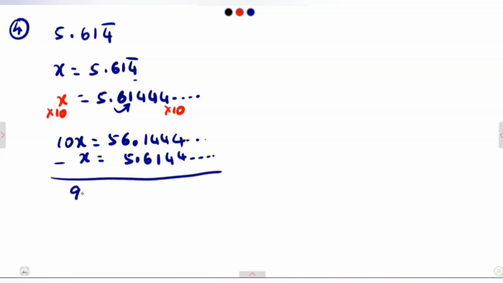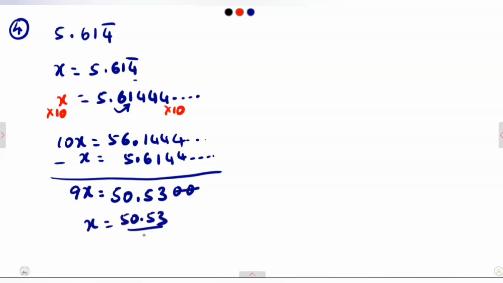10x minus x gives you 9x, which is equal to, on this side, 0 0, 4 minus 1 is 3, 11 minus 6 is 5, and 5 minus 5 is 0, and this is 5. So 50.53, and these zeros have no value. So x is equal to